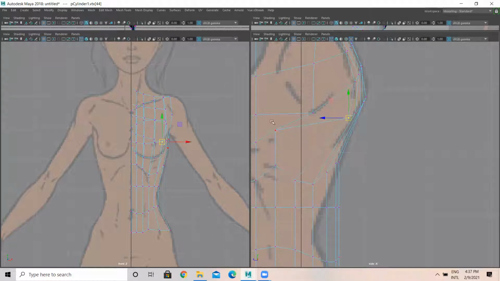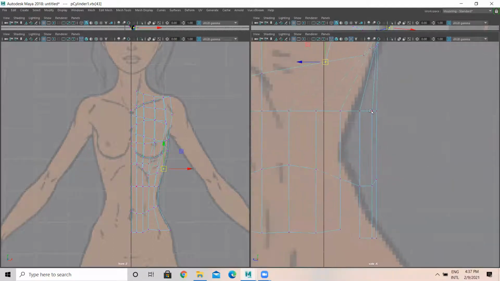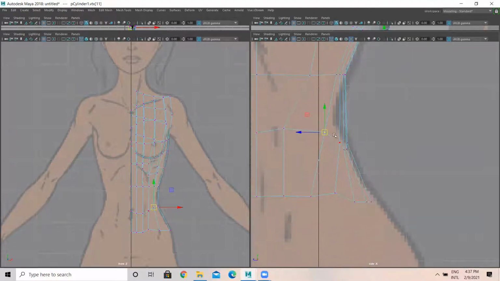You need to learn the line flow. This is called line flow. Okay. This is something like this.